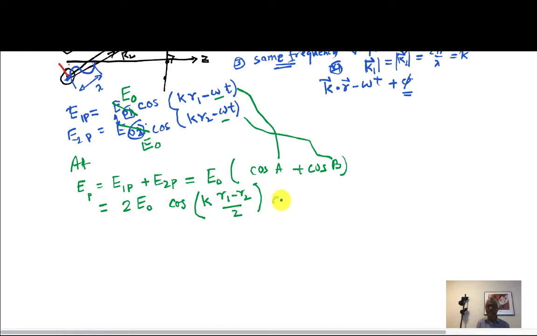Nice. And then I have add them, divide by 2. So I get k (r1 plus r2) over 2 minus omega t. Add them, divide by 2 is the same. So I have actually at P the electric field is